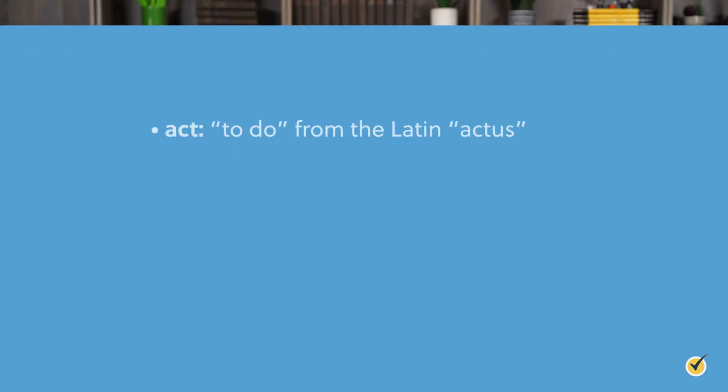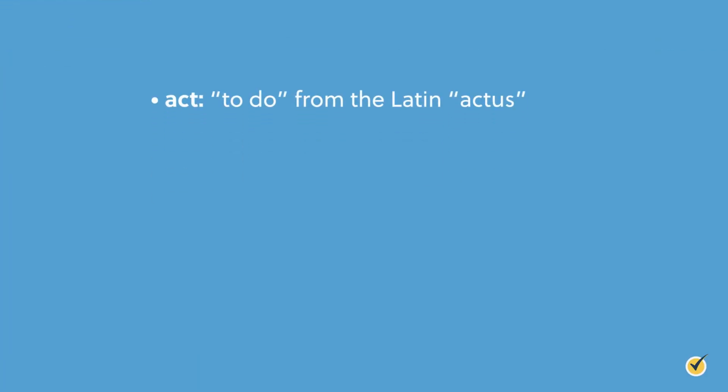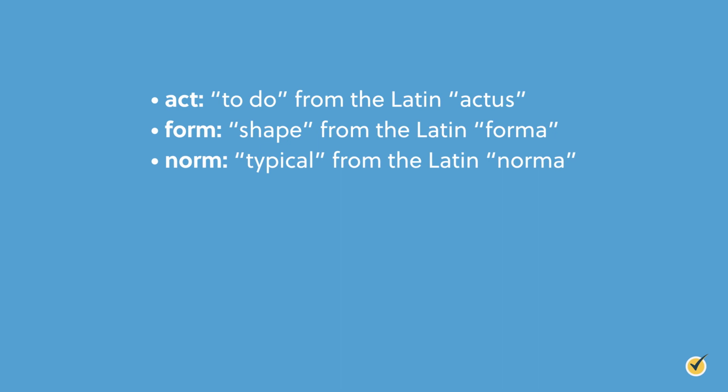Now that we know what a root word is, let's take a look at some examples of root words and where they come from. Act, meaning to do, from the Latin actus. Form, meaning shape, from the Latin forma. Norm, meaning typical, from the Latin norma. In each of these examples, the root word carries the core meaning of the word and cannot be broken down